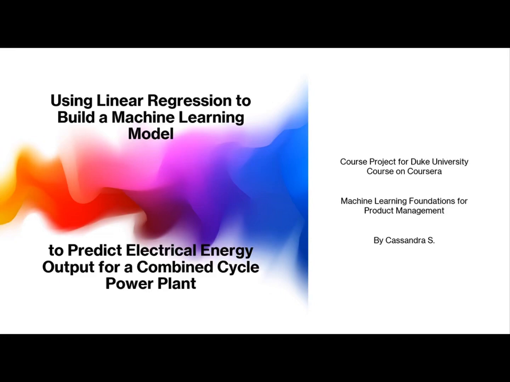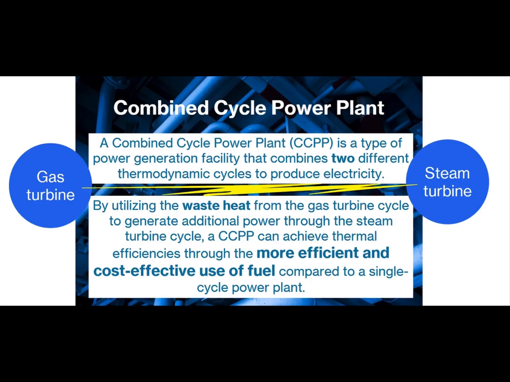So in this video, we are going to take a look at how to use a linear regression to build a machine learning model in order to help predict electrical energy output for a combined cycle power plant. A combined cycle power plant uses two different thermodynamic cycles to produce electricity, namely the gas turbine as well as the steam turbine. By utilizing this, it can achieve more efficient and cost-effective use of fuel as compared to single-cycle